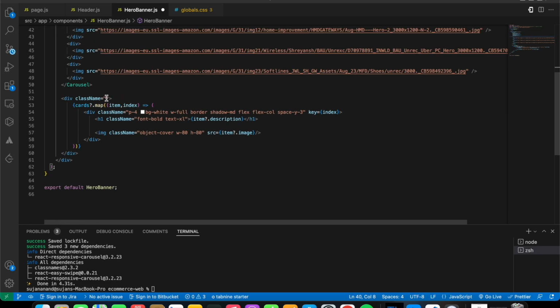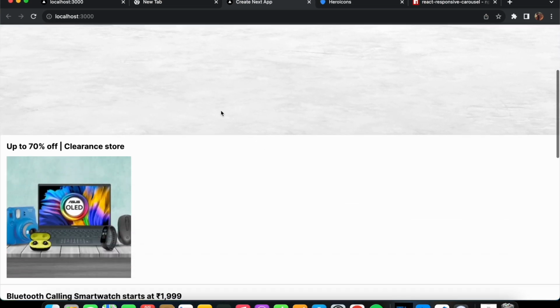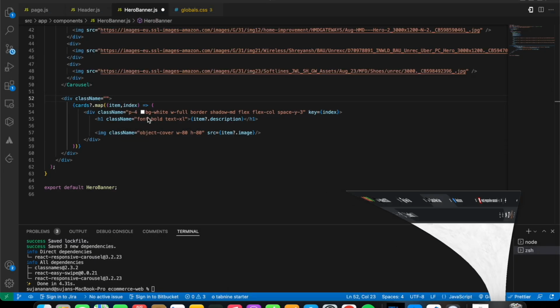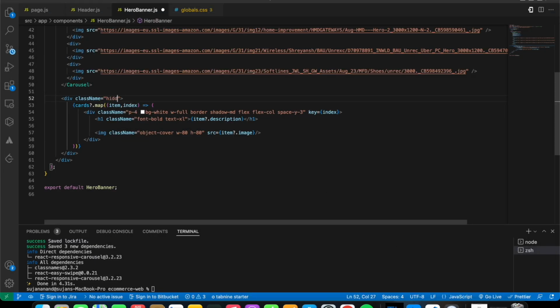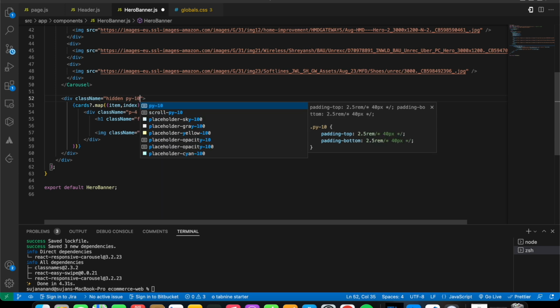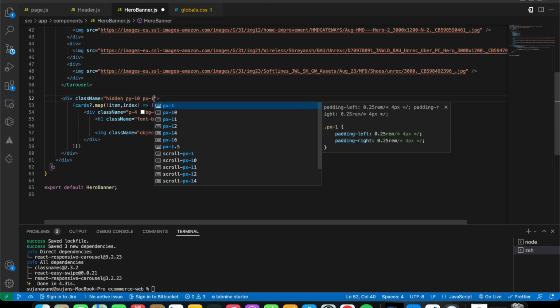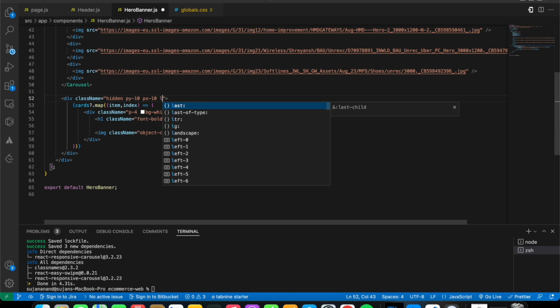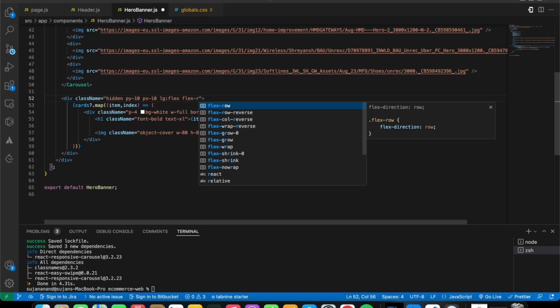And yeah, for this class name, I'm going to give this style. And I want these cards to be hidden on the mobile screen. So firstly, I'm going to give it as hidden. And I'm going to give it a padding y of 10, padding x of 10, and from the large screen onwards I want it to be flex row. I want it to be in the row format, and I want to give a space x of 3,